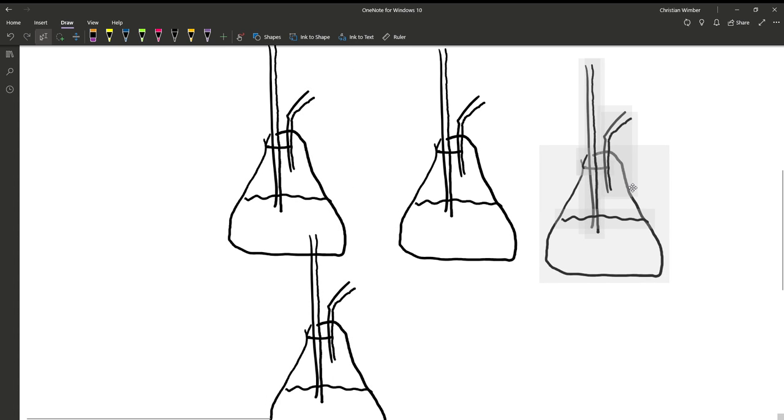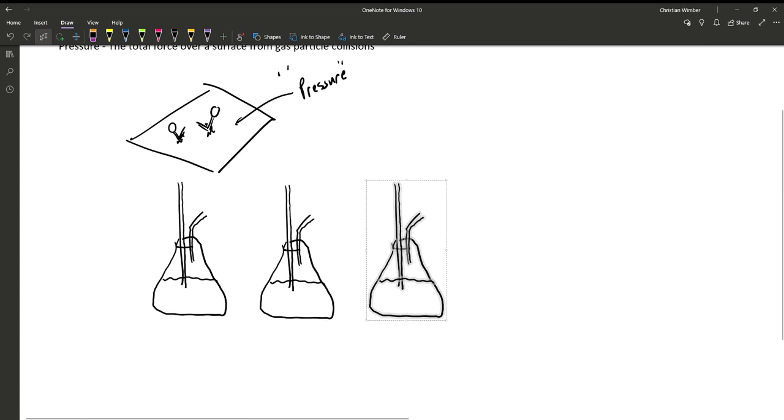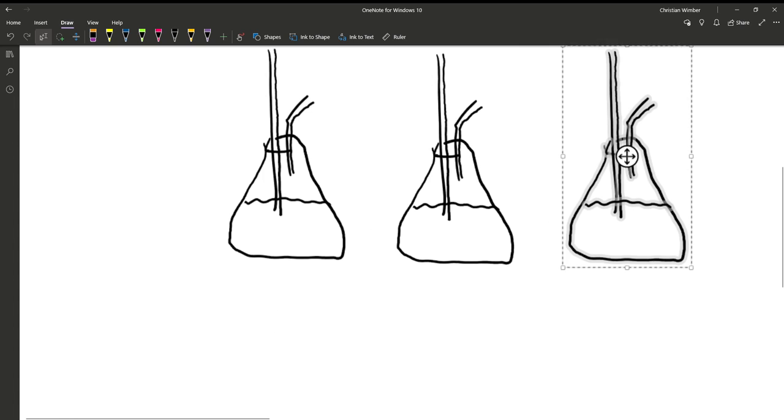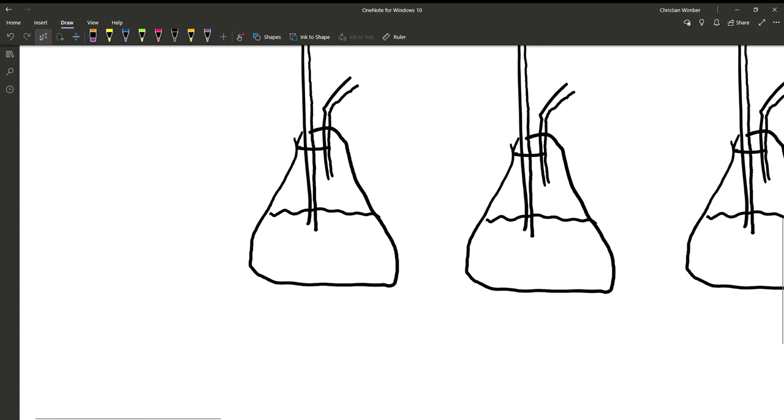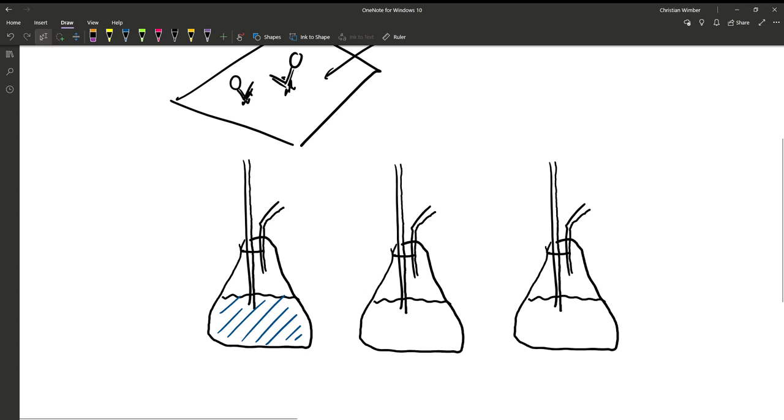All right. So we're going to look at three different states of the Erlenmeyer flask. Now, normally the flask is just sitting here without too much issue. The water level just stays right there. Nothing big deal. But if I start putting extra particles in, putting extra particles into this with a syringe,